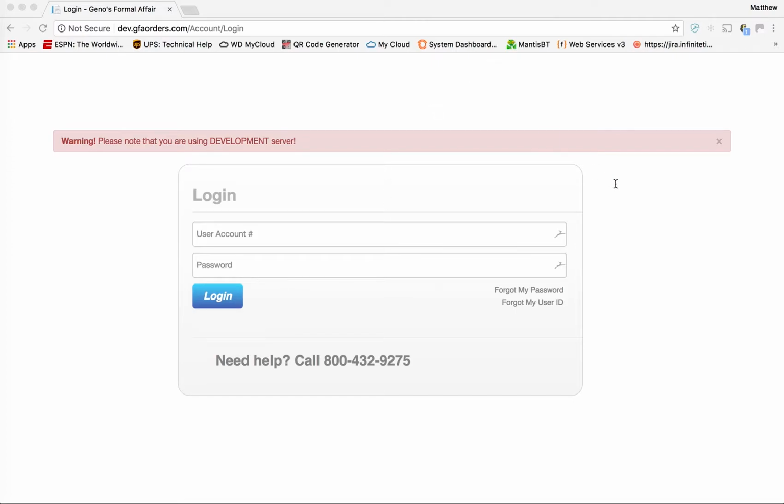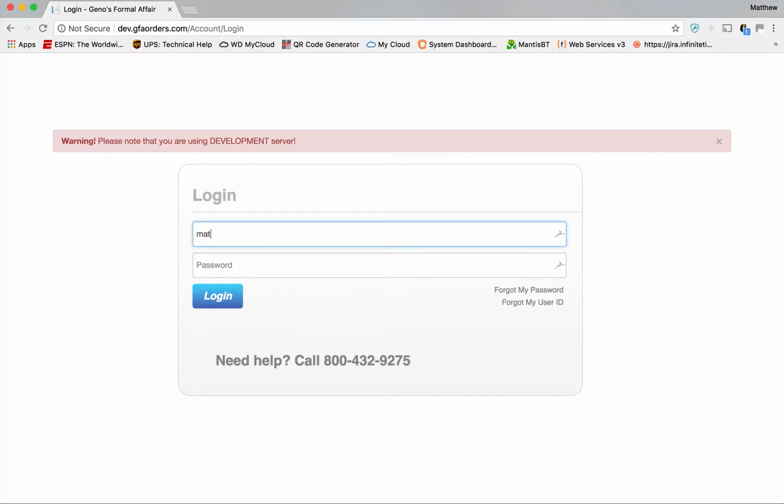First thing I want to go over is we recommend using Google Chrome as your browser. This system can be accessed from any device. All you need is an internet connection. We'll provide you the website to go to, and we'll provide you a username and password. Once we give you that,